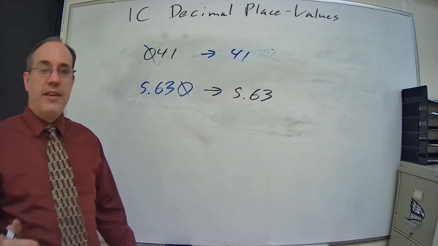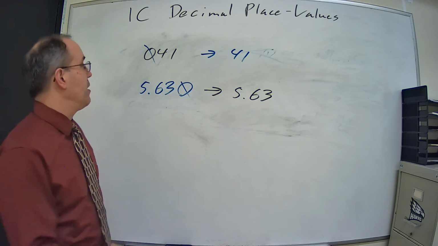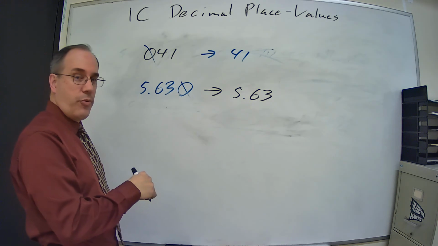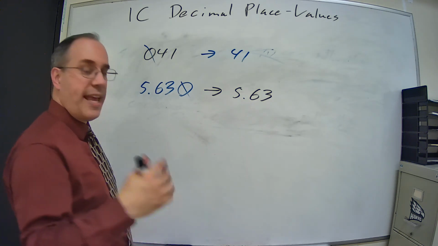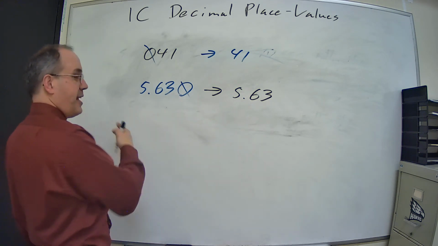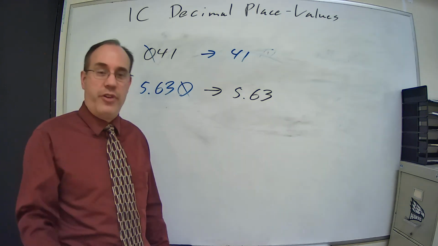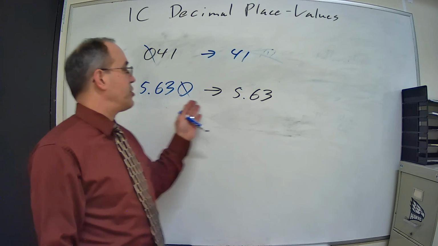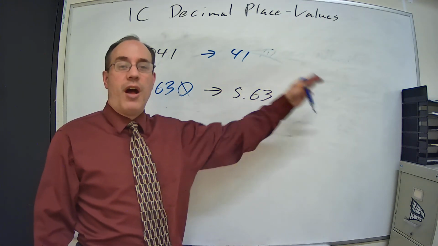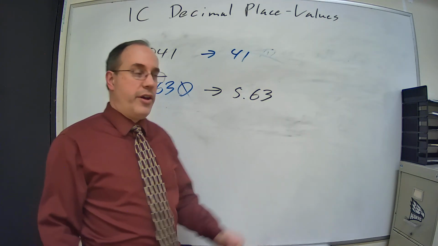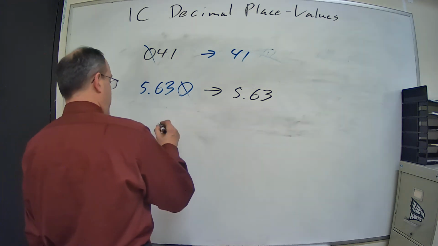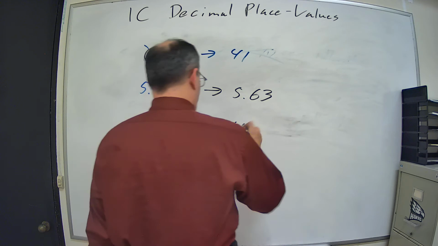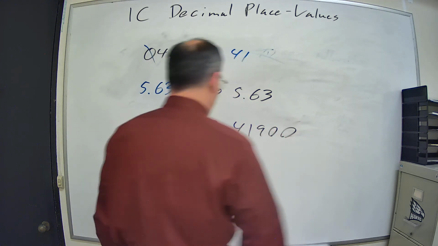Basically, when looking at necessary zeros, any zeros to the left of the decimal point that are beyond all other numbers are unnecessary. Any zeros to the right of the decimal point that are beyond all other numbers are unnecessary. So if I had something like 00562.41900,